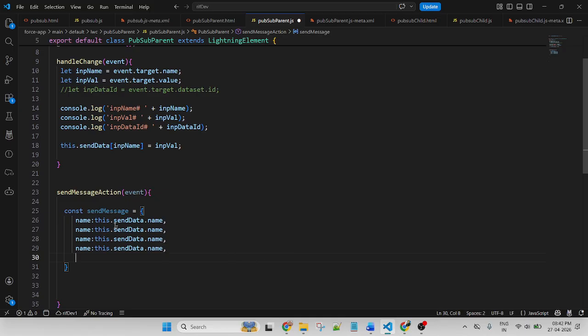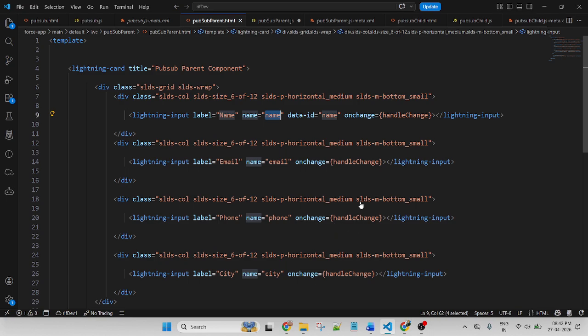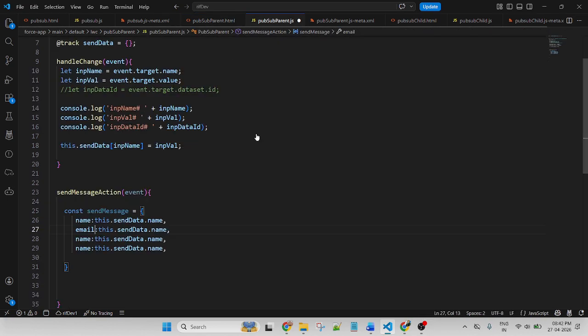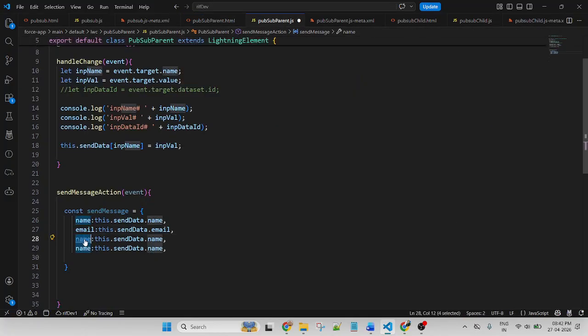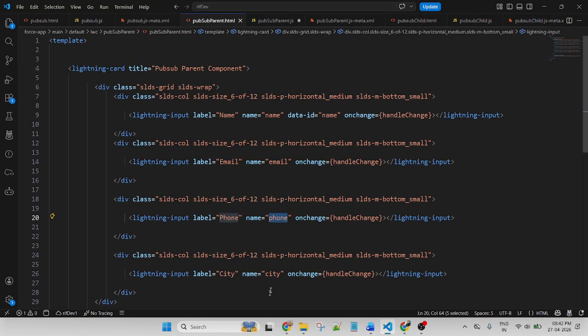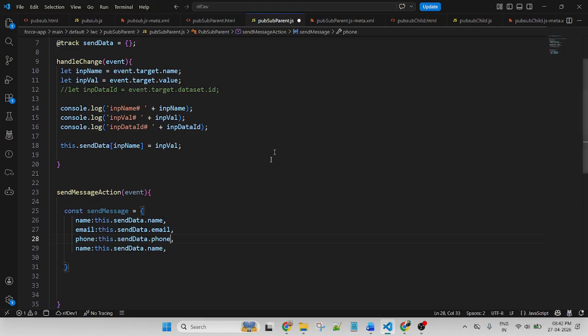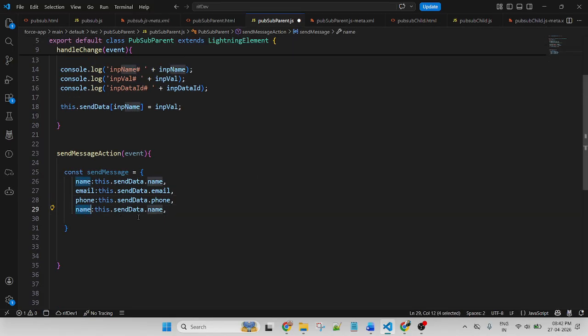Similarly, for another input field, email, this is the email, send data dot email, then phone, then city, and from the last one remove the comma. So I create an object one by one, passing the key and value.